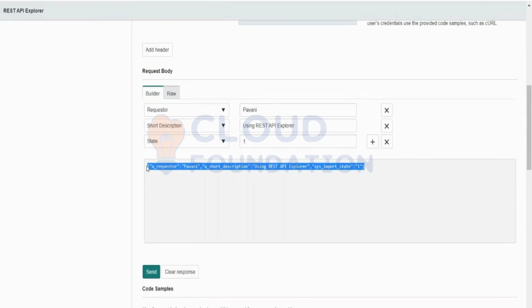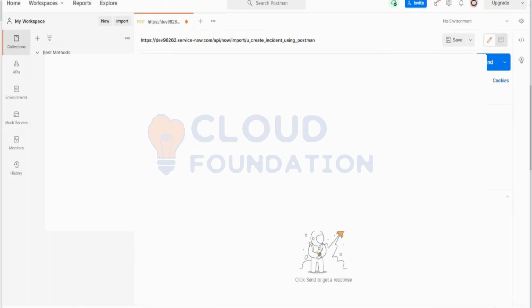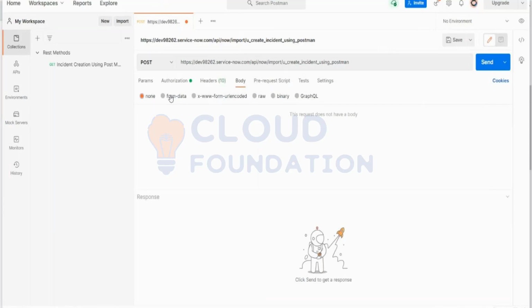In order for me to make a request, there has to be a set of predefined standards that I need to follow. I cannot use any random stuff. It's the same way with a web app. So this is the request body, and it is going to be raw. Always it is going to be raw, not binary, graph, form, or data. In REST integration, the request body will be raw.